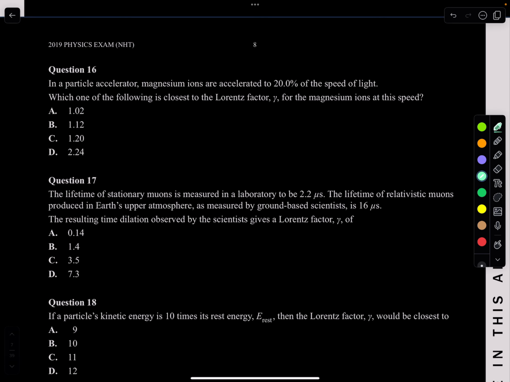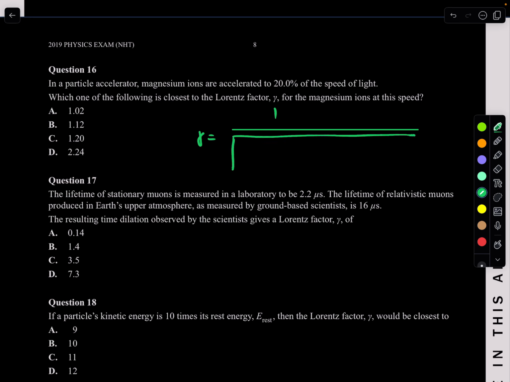Question 16. Let's have a look at this. In a particle accelerator, magnesium ions are accelerated to 20% of the speed of light. Which of the following is closest to the Lorentz factor for the magnesium ions at this speed? Nice and easy. So we know that the Lorentz factor is just 1 over